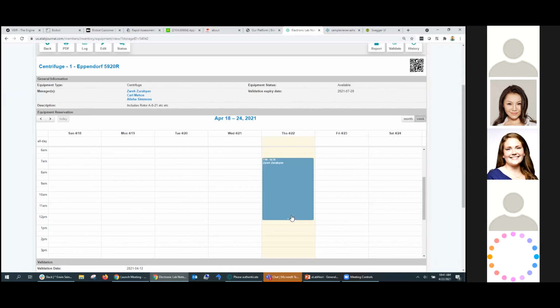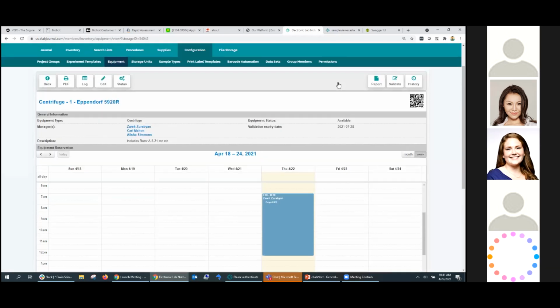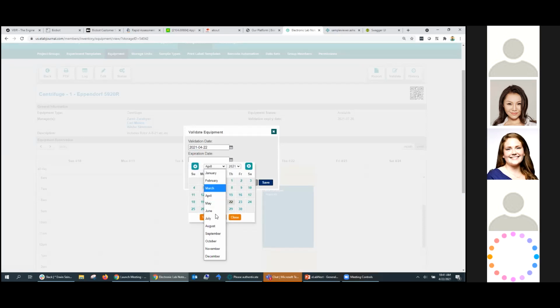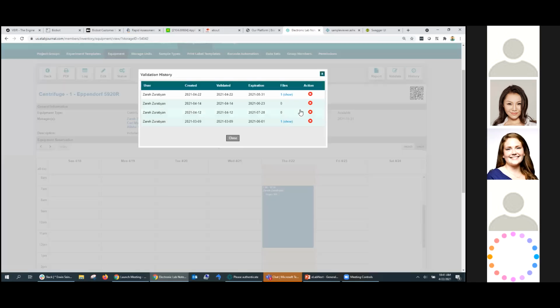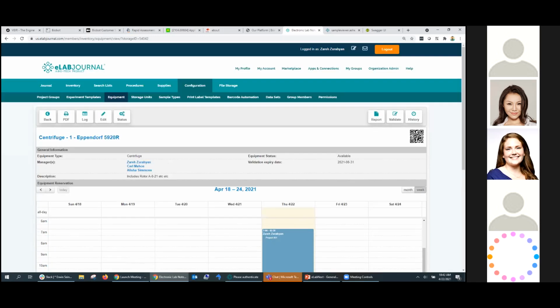And you can do your reservations, which will go into the log of the equipment. So you'll know exactly which project it's being used for. And the other very common feature that people use is this validation feature, the calibration feature, where you can go ahead and say, okay, I have calibrated this piece of equipment today, and I would like to have another calibration, let's say 3 months from now. And you can attach that calibration file directly in here and save. And now you are building this history of your equipment, of how many times it got calibrated, who did it, who was the technician that worked on it, and it really allows you to be proactive about setting up these